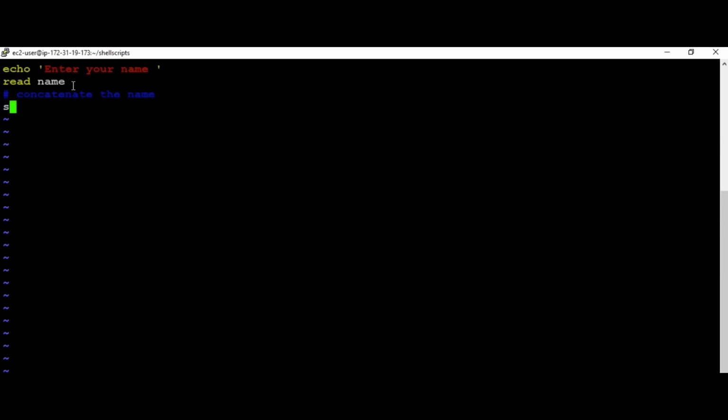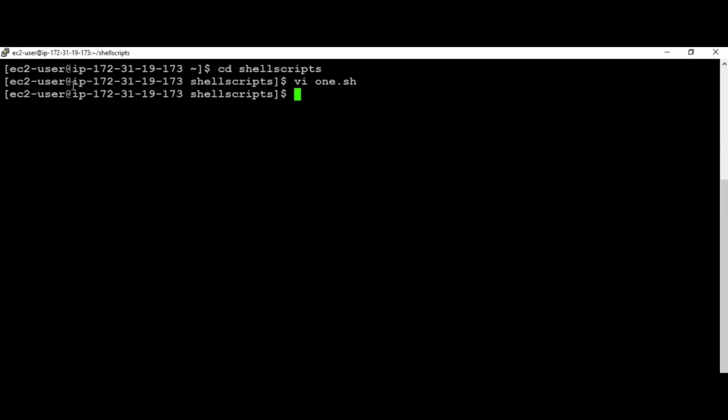Now what I am doing is I am going to have a variable called greeting equal to a text called hello, which I am going to append, or rather concatenate, with the name entered by the user. In order to refer to the value of a variable, a prefix dollar is used with the variable. So that gives the value. Now I am printing greeting, so I am saying echo dollar greeting. Here you don't have to use a plus operator to concatenate. You just place the variable next to the text that will concatenate.